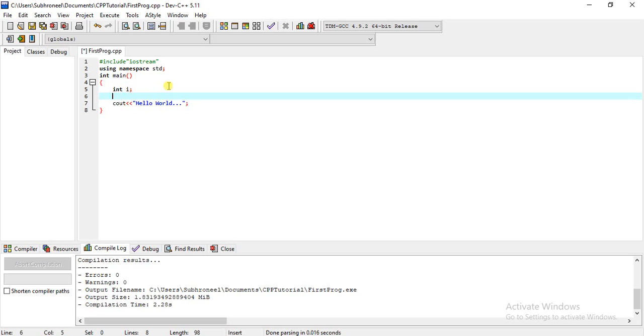One thing is that in C you have to declare all the variables at the beginning of the program. But in C++ you can declare variables anywhere you like. You can even create a separate scope, a separate block, in any program. I'll discuss scope later on. Okay, int i, char c,